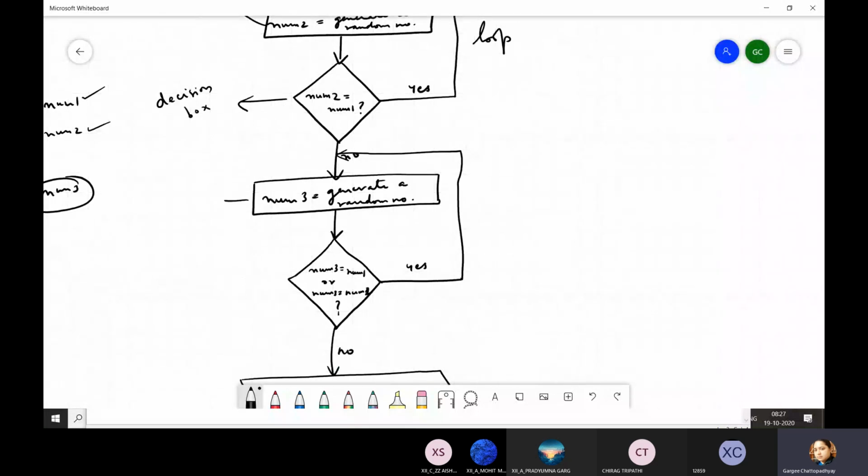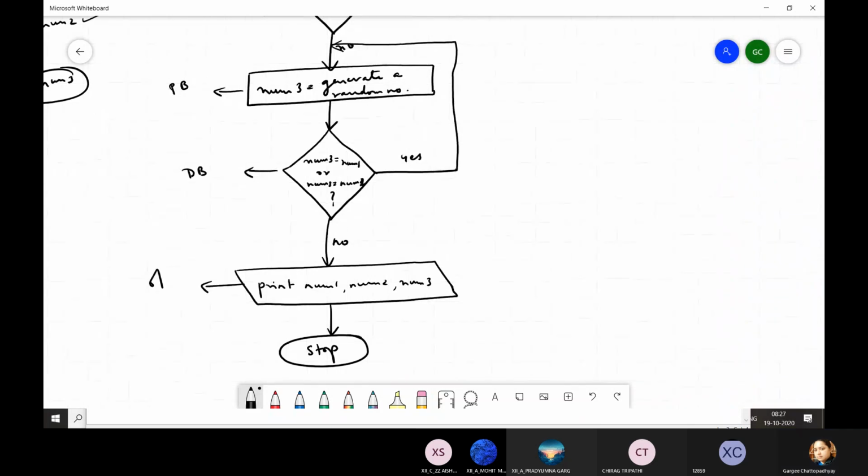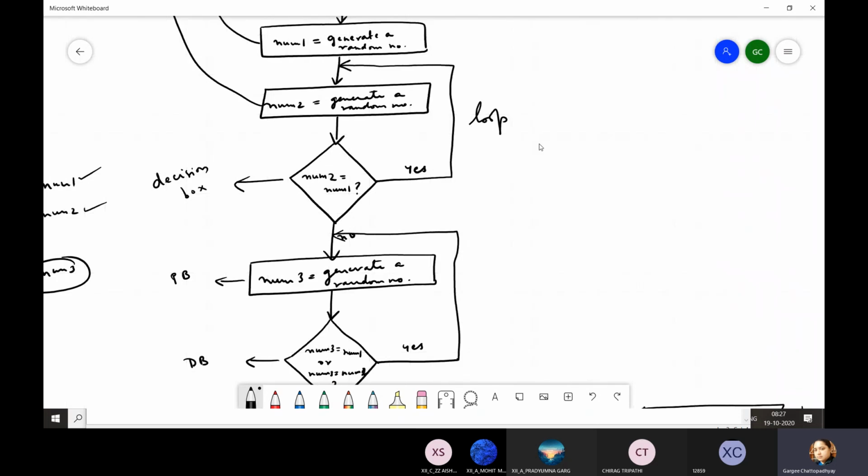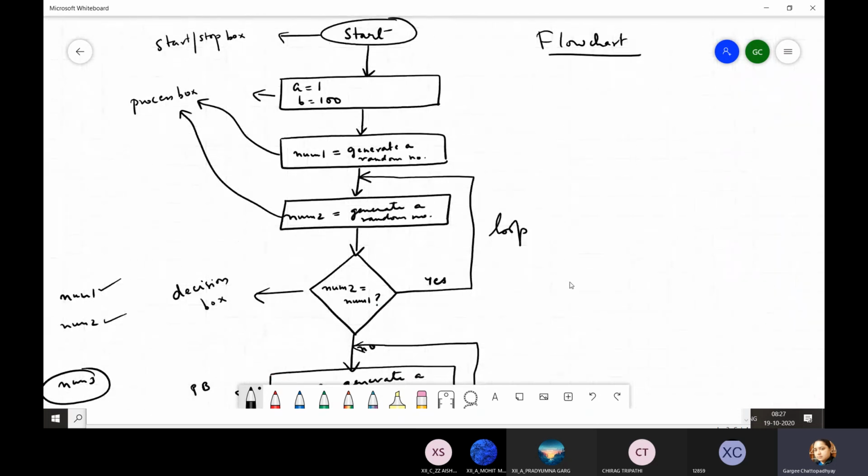This box is again a process box. This is a decision box. And this box is an output box. Input box is almost the same, just it is oriented in the opposite direction. And here again we have the start or stop box. So this is a flow chart and it is very handy when you have to decide about the logic of the program without having to worry about the format of the program code.